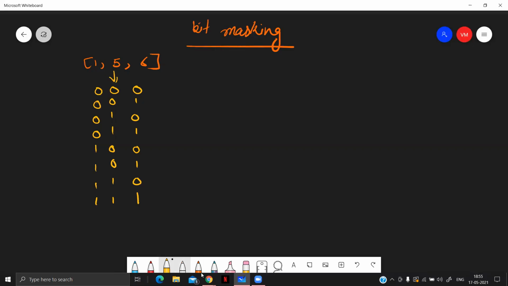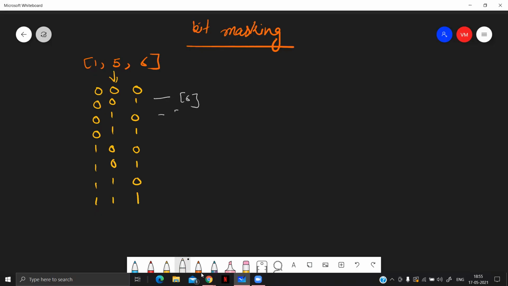Now what does the concept of bit masking say? Every mask represents a number that we are going to select from this particular array. If you consider 001, this means 1 is the set bit here. This means the subarray corresponding to this is 6.